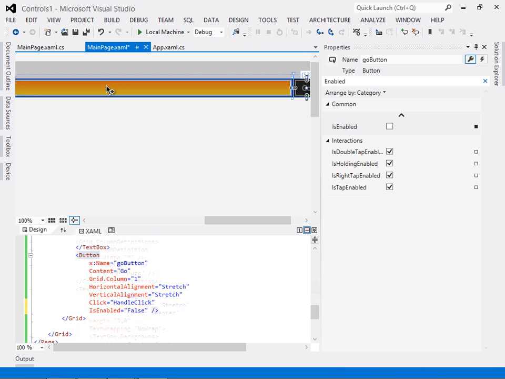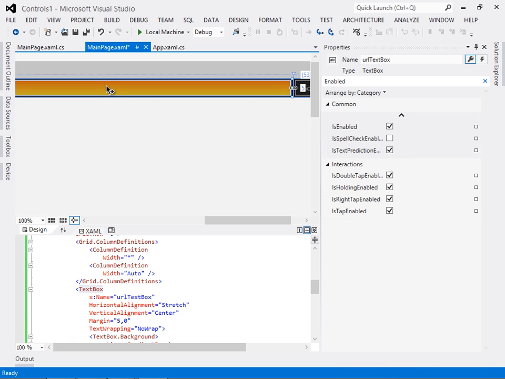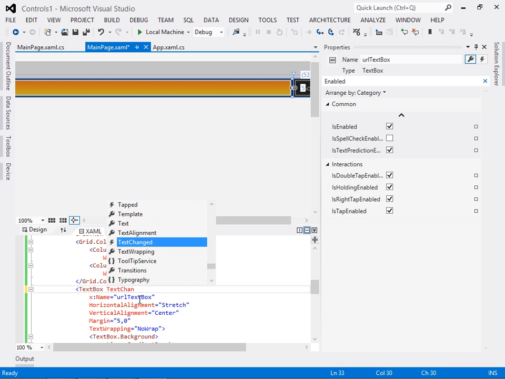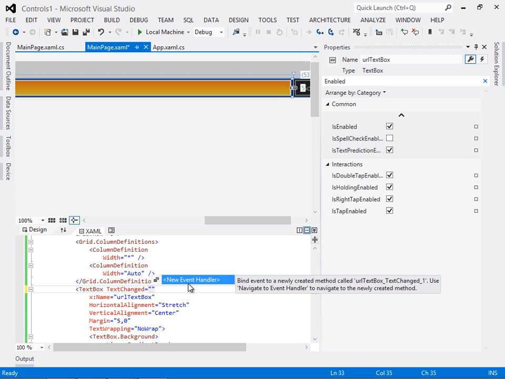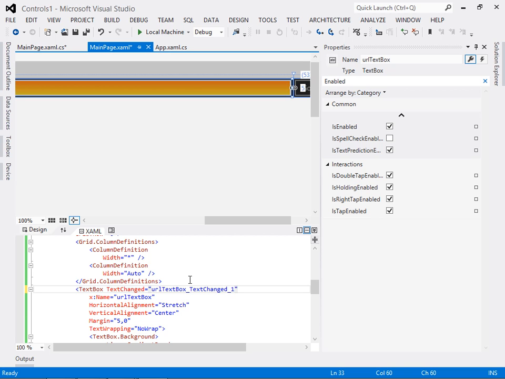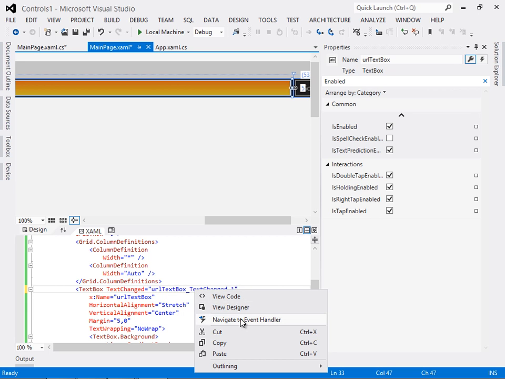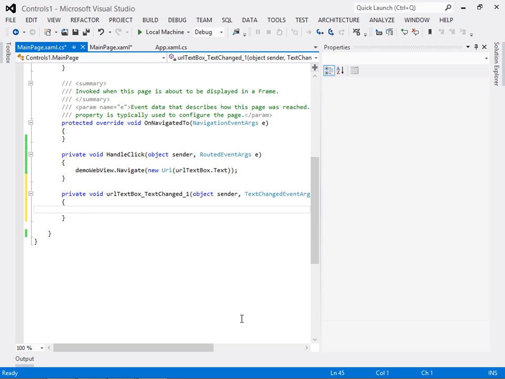Then, in the TextChanged event of this text box, I want to enable or disable the button depending on the current value of the text in the text box. So let's do what I showed in the demonstration prior to this, and that is enter the TextChanged event and let it suggest an event handler name. It calls it URLTextBox_TextChanged_1. I can right click and choose Navigate to Event Handler, and it will take me right to that event handler, where I can add code to ensure that the Go button is disabled if there's not any text in the